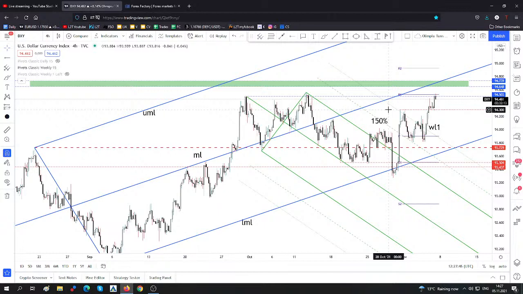Corey, with the Canadian news, should we focus on GU instead? Personally, I believe that we'll have some volatility, sharp movements on all majors right now, also on commodities, on silver, on gold, maybe also on US oil, and also on US equities, maybe. So you should be careful, and if you are not an experienced trader, maybe you should wait until the markets calm down, cool down, before you identify new trades.